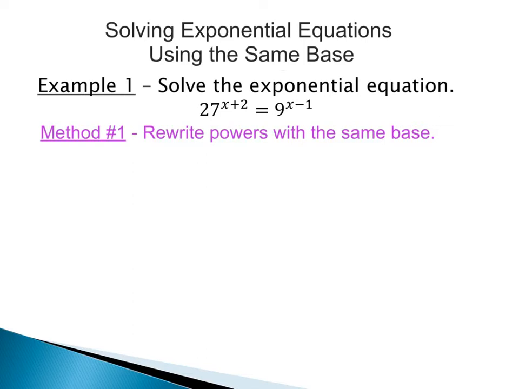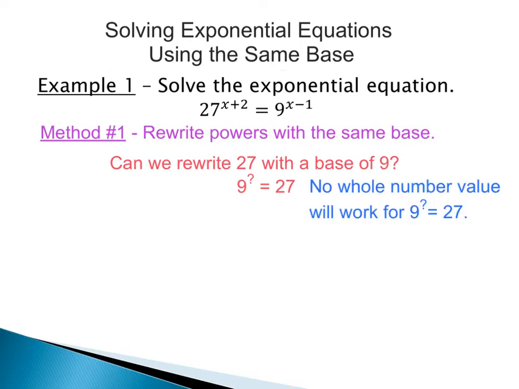Well, first, the easiest way to look at this is to take your smaller number, which is 9, and say, okay, well, can I rewrite 27 with a base of 9? Or saying 9 to what power gives us 27? Well, if we go through our exponentials or powers for 9, we would have 9 to the first is 9, 9 to the second is 81. So right there we can see with such a large jump that there is no way that I can write 9 to some power to get 27. So although we want to rewrite them with the same base, right now it's not as obvious because 9 to some power won't get us 27. So we need to make both smaller.